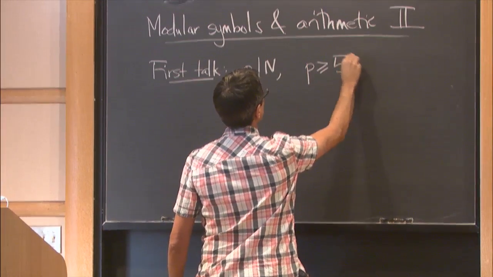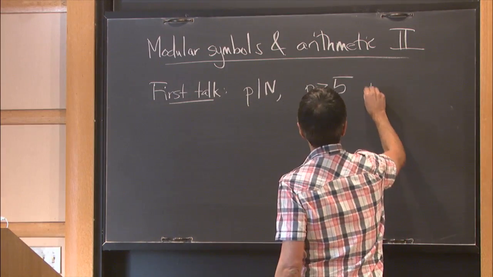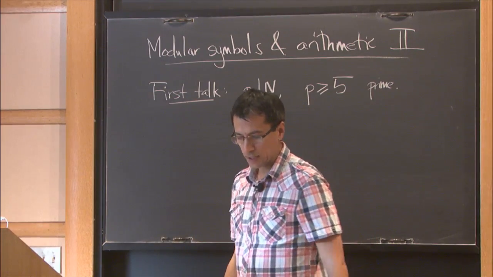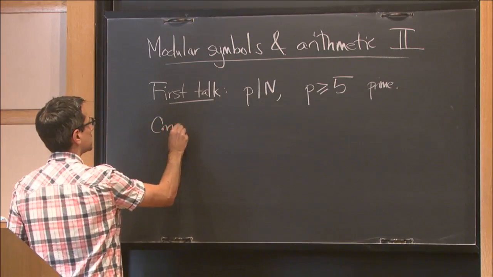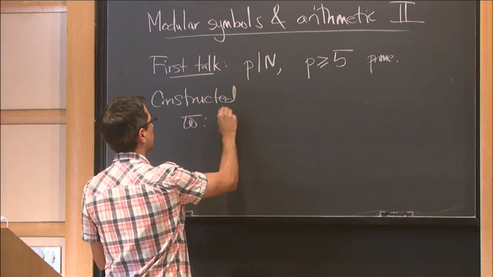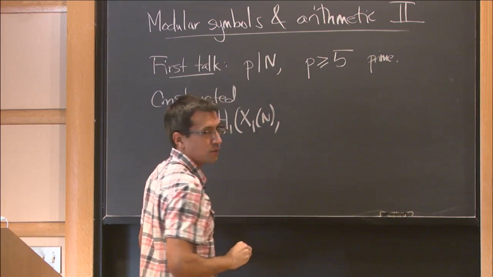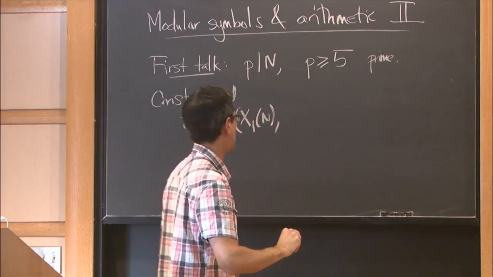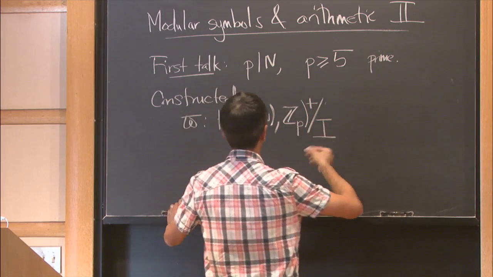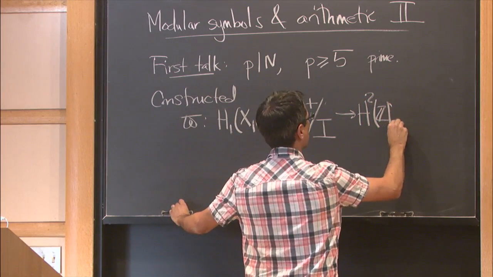Well, we kind of assumed this anyway. So suppose p divides some positive integer n, p a prime at least 5, which is useful here somewhat. So we constructed a map pi from the homology of X1(n), and I did Z/2 coefficients last time, but this time I'm going to take Z_p coefficients, mod I. And then it went to K2, which by the theorem of Tate last time was the homology of